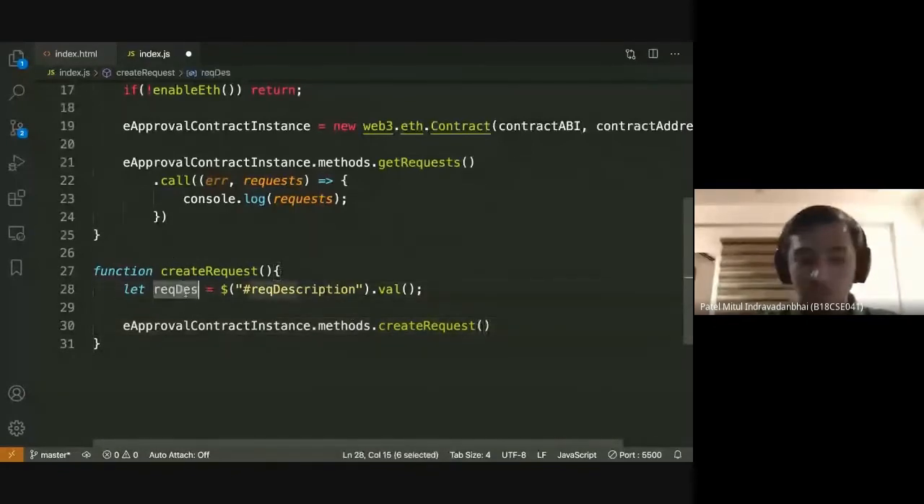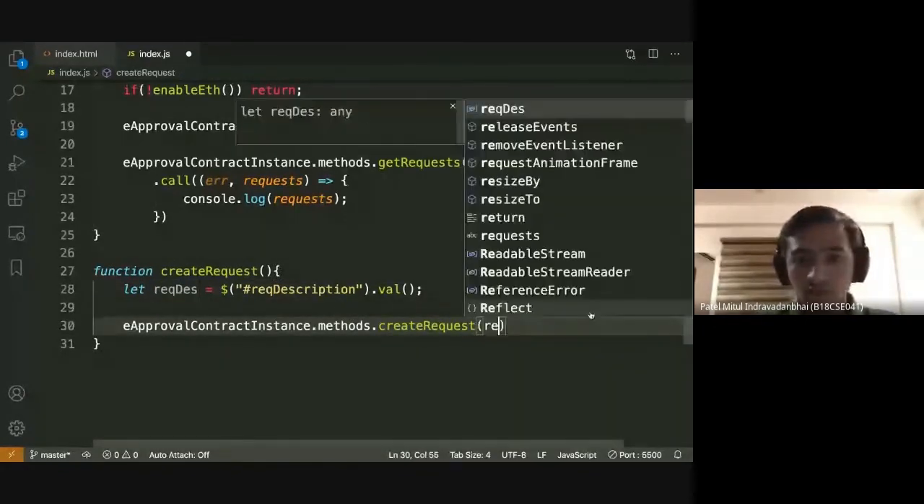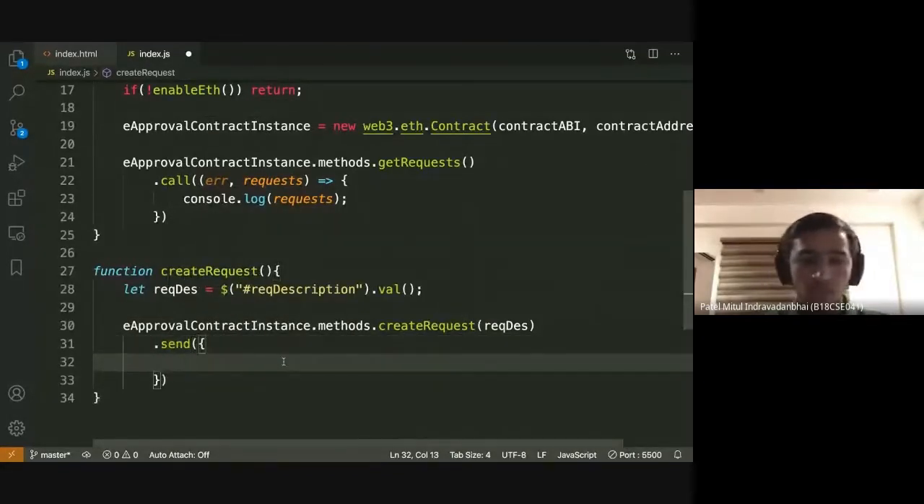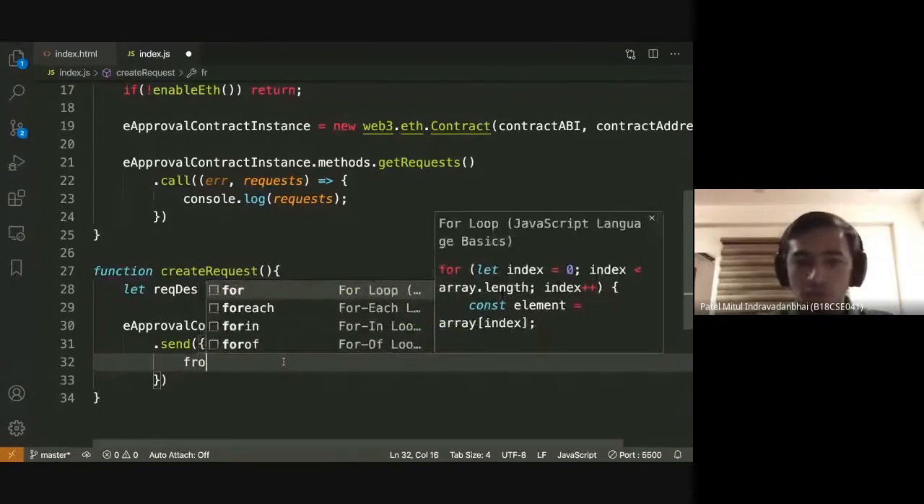Description as parameter and send it to the network. To send directly these 4 parameters to be passed with this particular function. So it sends from,